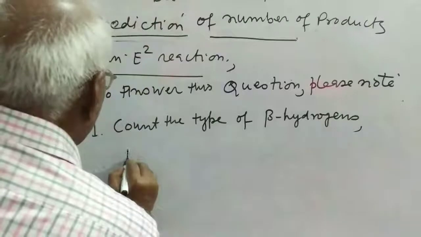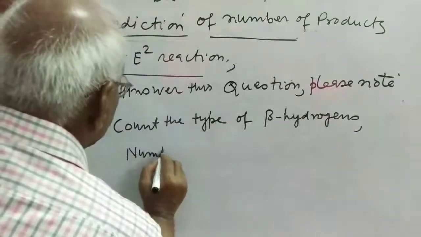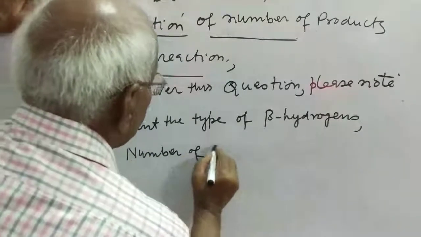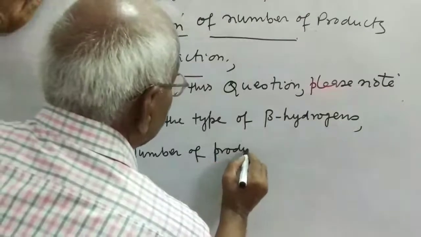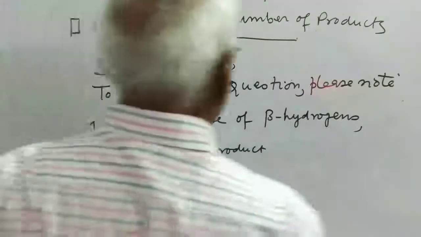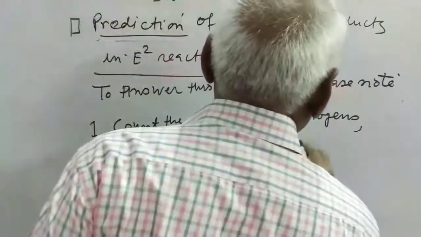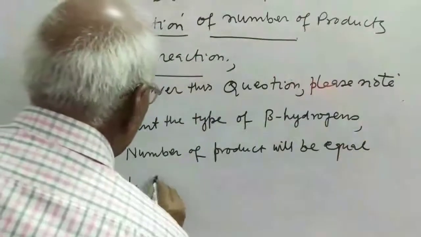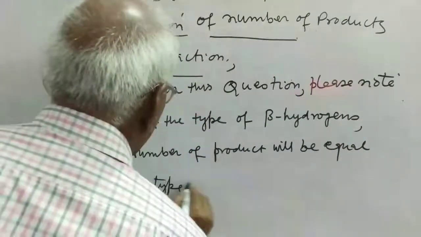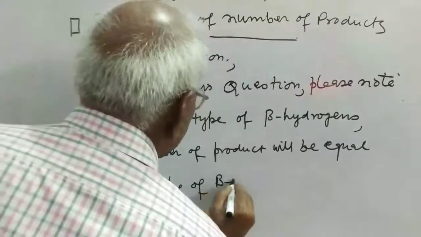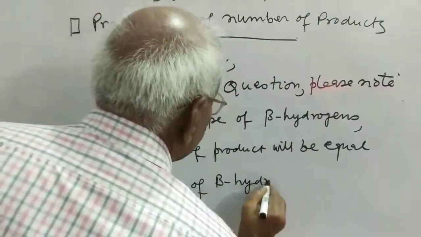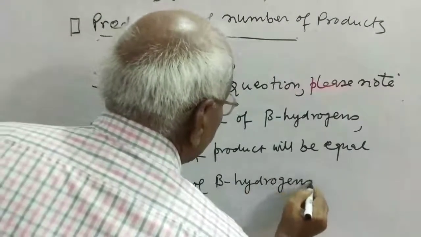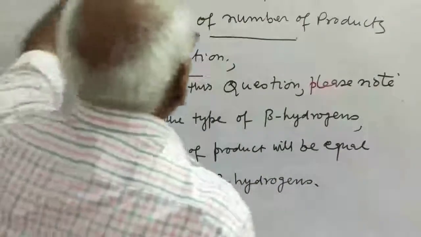The number of products will be equal to the type of beta hydrogens. And number two,